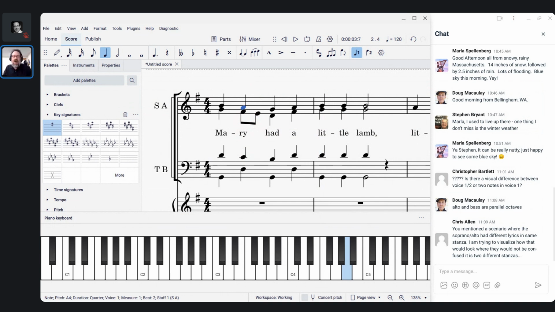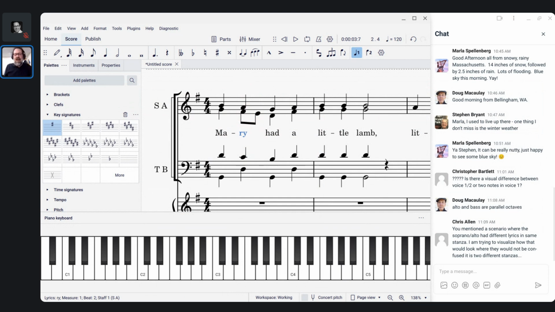Some people will go out of their way to make sure that melisma line shows, and then the soprano has to look at it and say, hey, wait a minute, there's a melisma line here. I don't have a melisma. I guess that's someone else's problem. So if I really wanted that, what I could do is enter that lyric into voice 2. And then that lyric could have the melisma. But what I'm saying is